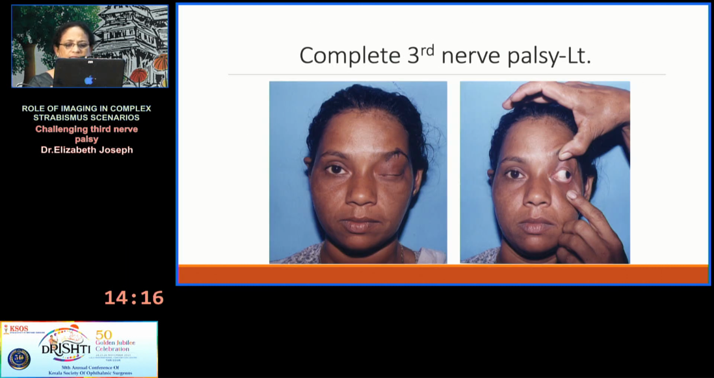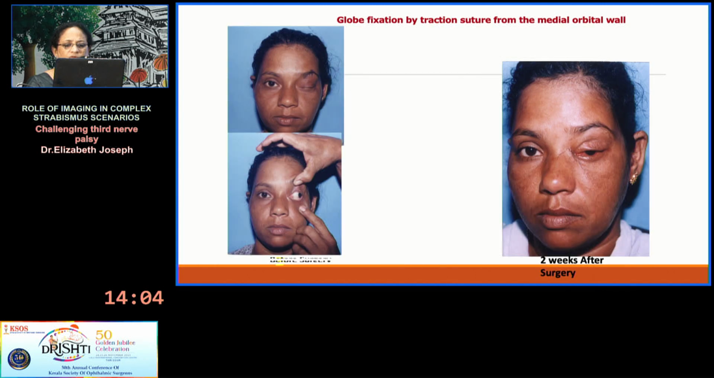Now let us see some real conditions. This is a complete third nerve palsy with total ptosis. The patient had an intracranial tumor which was operated, and we took care of the ptosis by doing the frontalis sling, and we did a large, supramaximal recession of the lateral rectus with a globe fixation to the